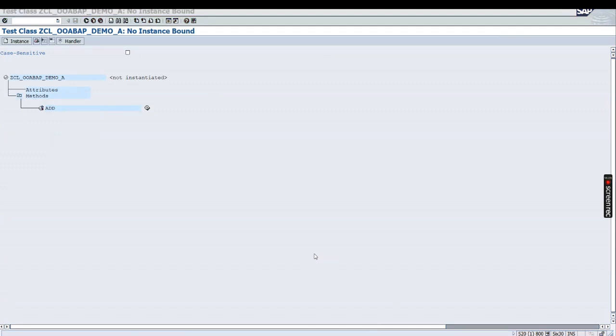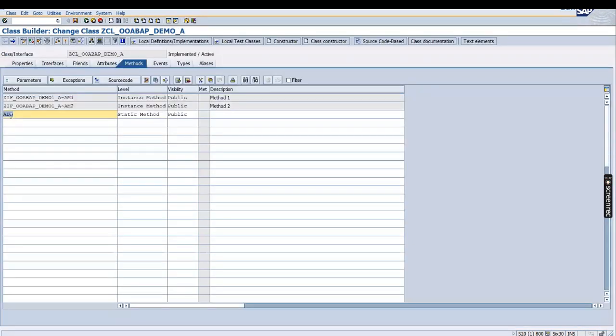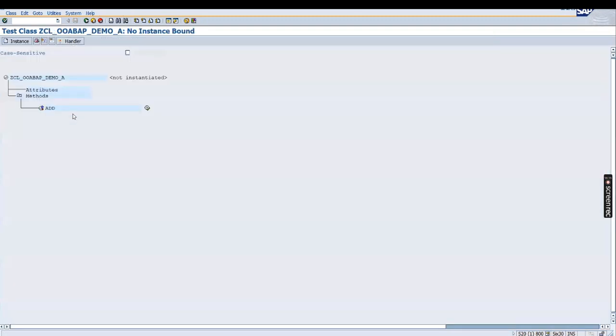Very good. Prabhakar is telling instance method. Very good. You got the point, right? This add method is a static method, so you will be able to access it through the class name directly, and that's why the add method is coming over here. In order to use the instance method or instance component, you should have the instance of the class. How can you create the instance of the class? Here we have the option given itself. You can click on this particular button